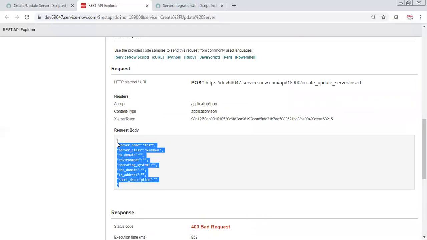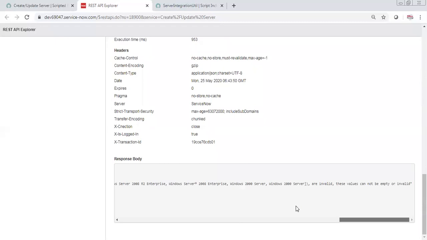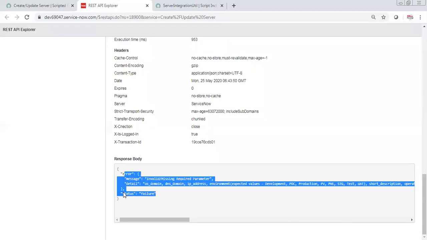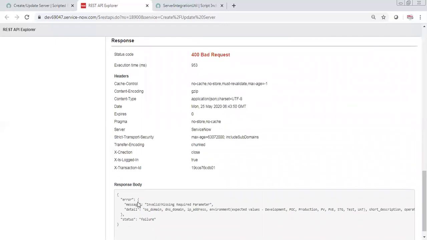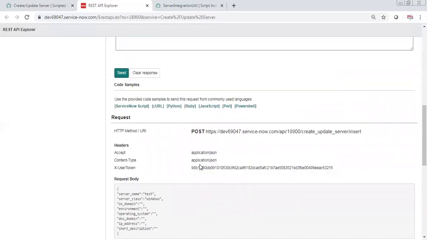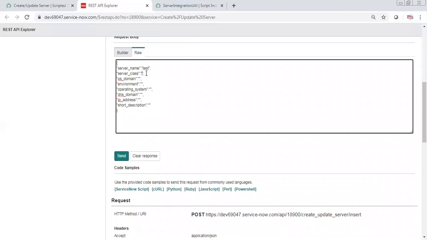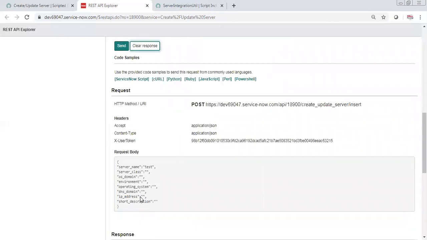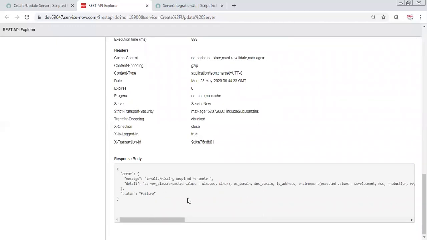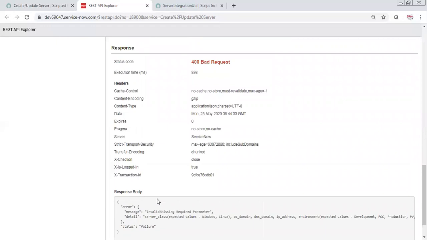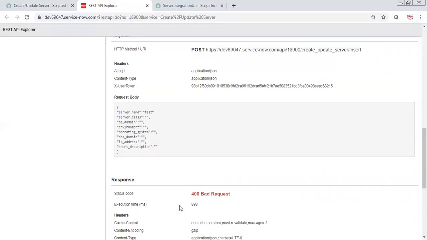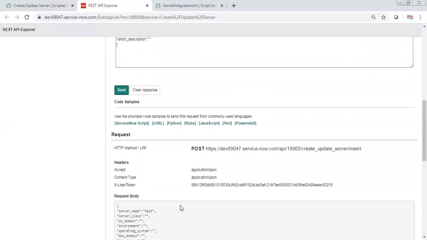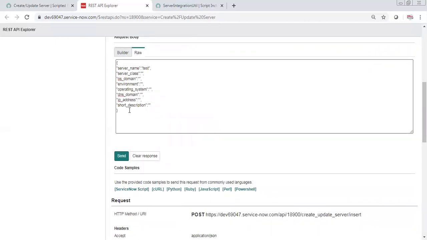We are sending them as empty, so that's how this error is coming, because we have defined it at multiple levels and we are sending the error as failure, and the code whatever you defined is coming here. So now if I remove this, see what will happen. Class is also not there. So it will say server class expected value Windows or Linux. It is about how descriptive you are and how you are designing an API. Your API should be robust as well as give correct information.